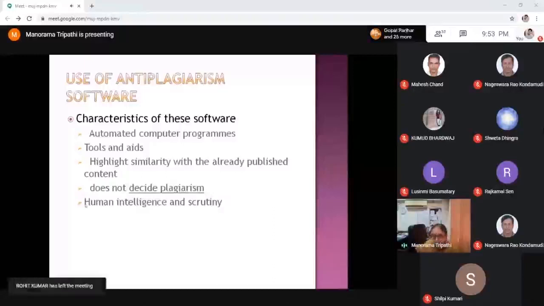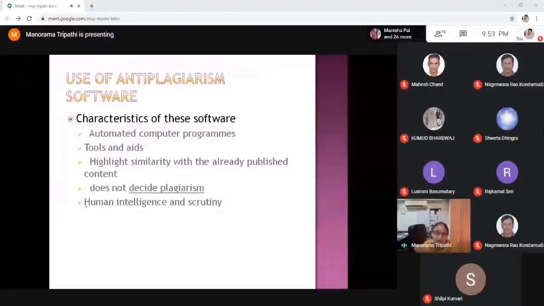So what do all these software, whether Turnitin, Urkun or Drillbit, do? In fact, they do text matching. They match the text of your draft with the already published content, and then they show the similarity index.